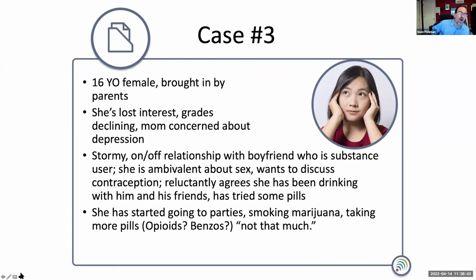But now I want to add, what do you do about communicating these issues to the parents? So she's going to be concerned, as you might expect, about what her parents know, what she wants her parents to know about all of these things, about sex, about confidential reproductive health services, and about the substances. And so, negotiating about whether or not the parents should know, whether or not she could find that helpful, whether or not she's prepared, perhaps with some preparation and role playing, perhaps with your being a broker, whether she's prepared to do some of this disclosure, whether she can see her parents as being supportive and helpful in addressing these problems,